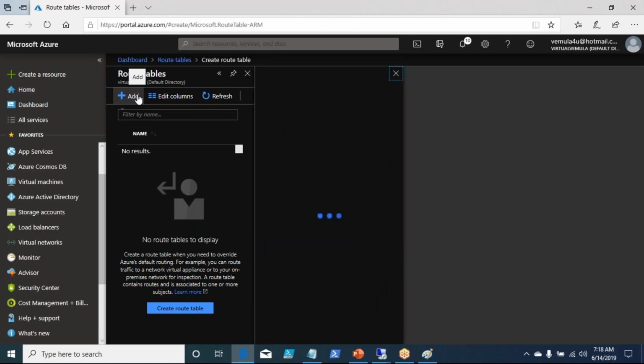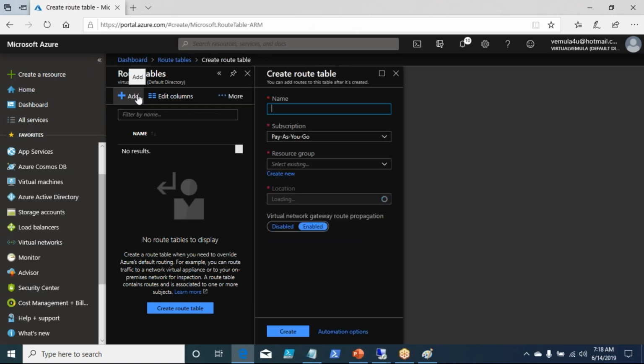By default, any resource you create in Azure will also ask for a name. Let us say routing table or demo RT. Now this has to fall into a resource group.